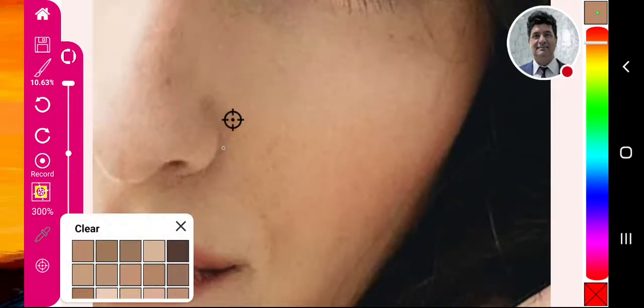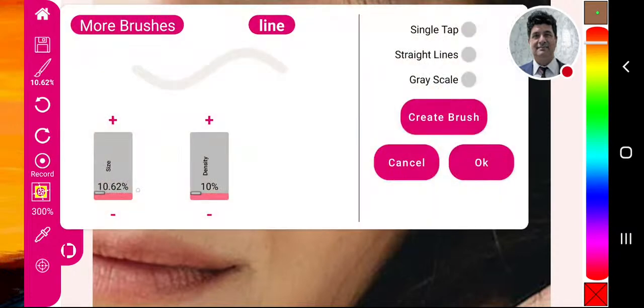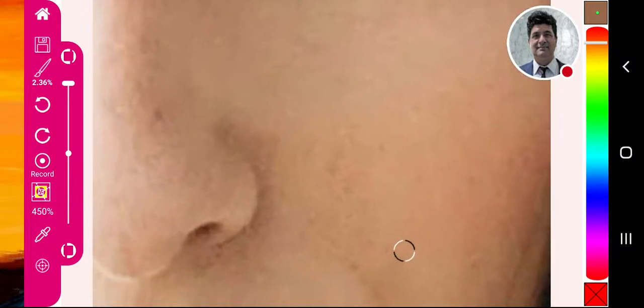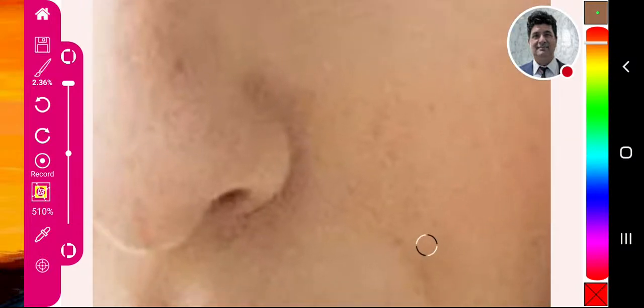So concentrate on the areas that have tonal variations. This is actually getting you to understand deeply